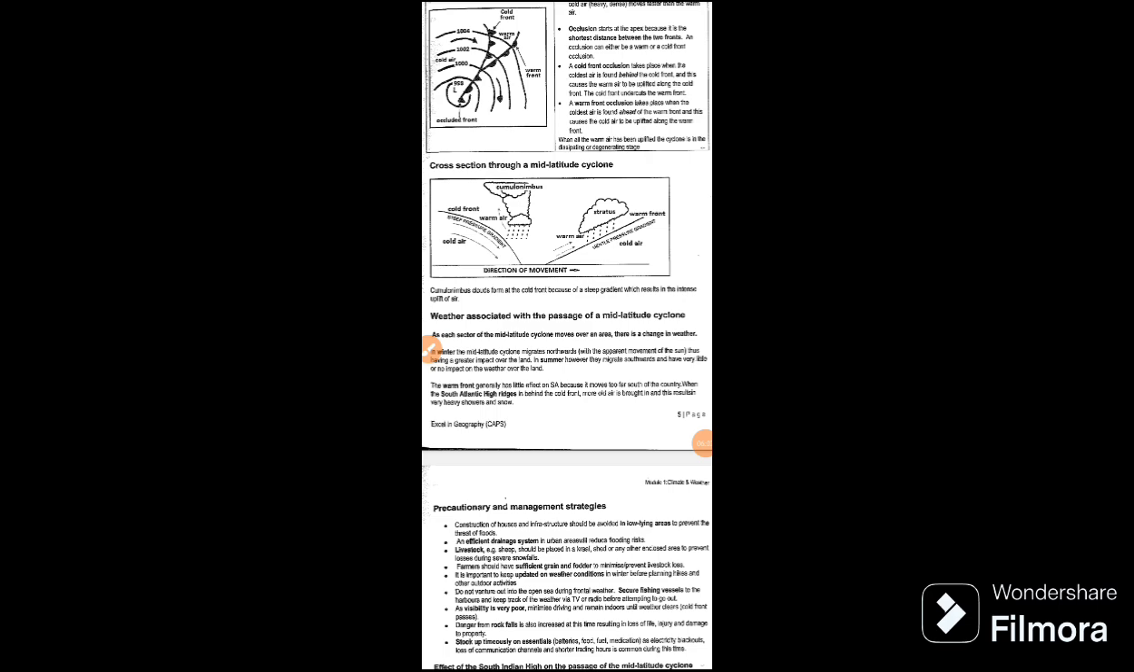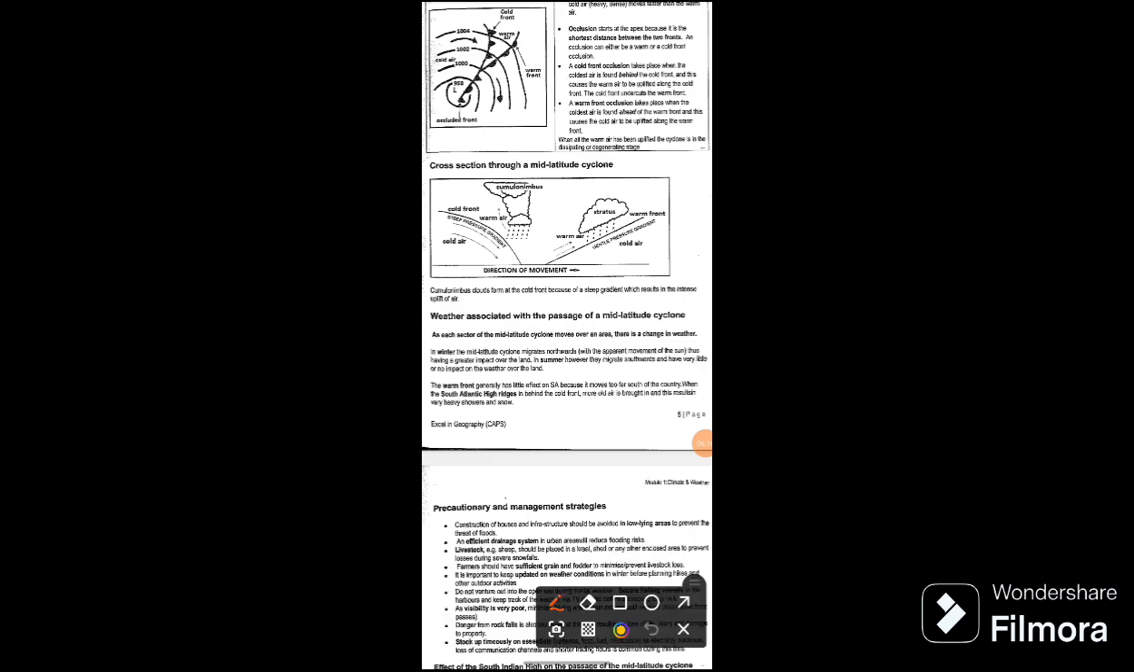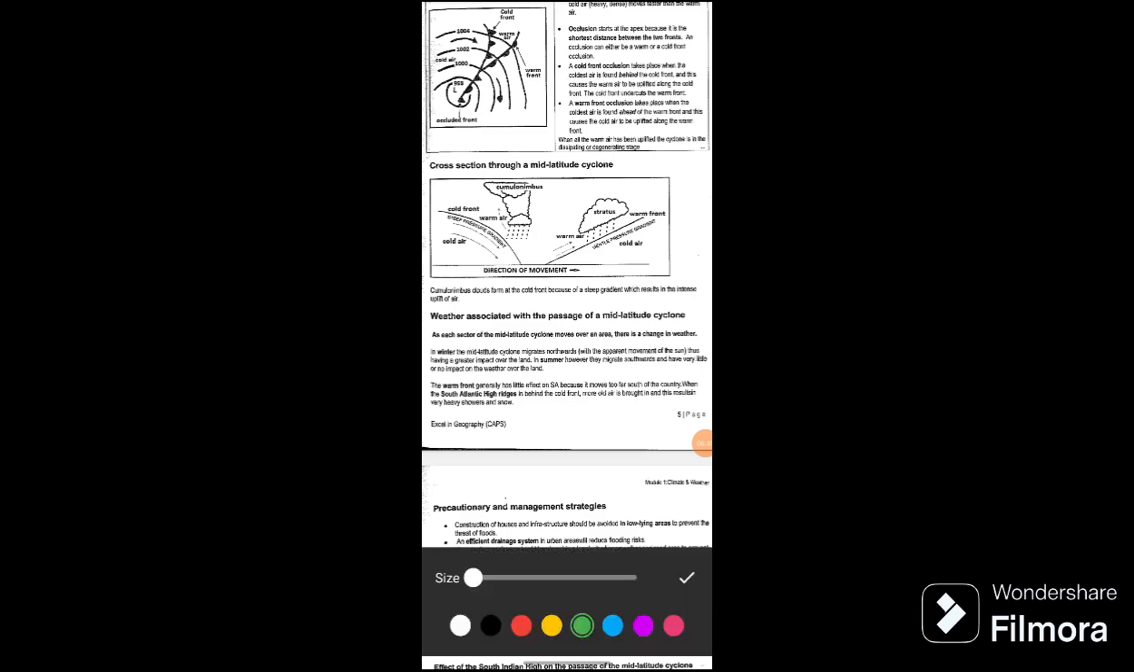So we must know that in winter, mid-latitude cyclones migrate. This is very much important. In winter, the mid-latitude cyclones migrate northward, thus having greater impact on the land. And in summer, however, they migrate southward and have little impact on the weather on the land. This means that when we have the cross section of our country,